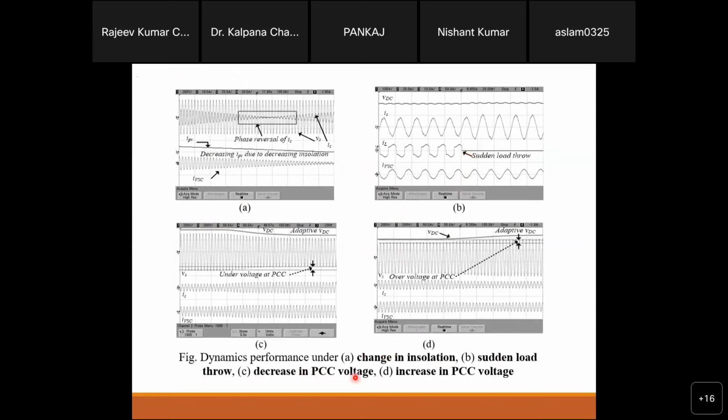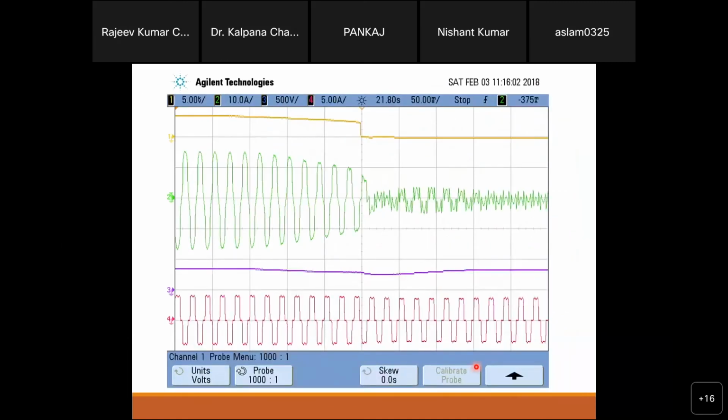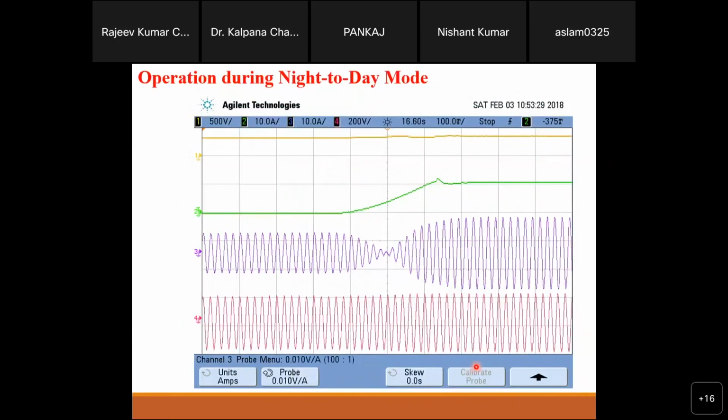Decrease in PCC voltage, your grid voltage. PCC voltage means grid voltage. If your grid voltage decreases, then definitely your grid current will increase. You can see the waveform, because power is constant. Constant power is coming from the PV side. So this will increase. Similarly, voltage sag and swell: if sag and swell are happening on the grid side, on the PCC, then how is it going to react? These types of things you will see. And then on the day to night mode also, you can see the behaviors here in the single phase also. At night time it starts generating reactive power and feeding it into the grid. Also you can see that.